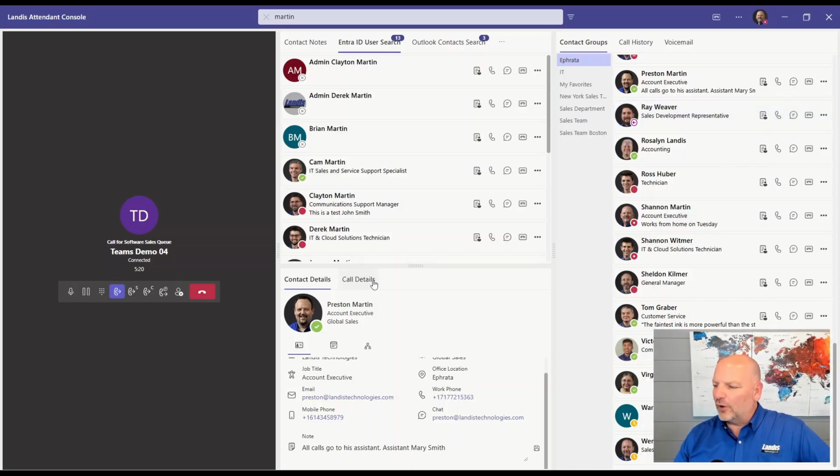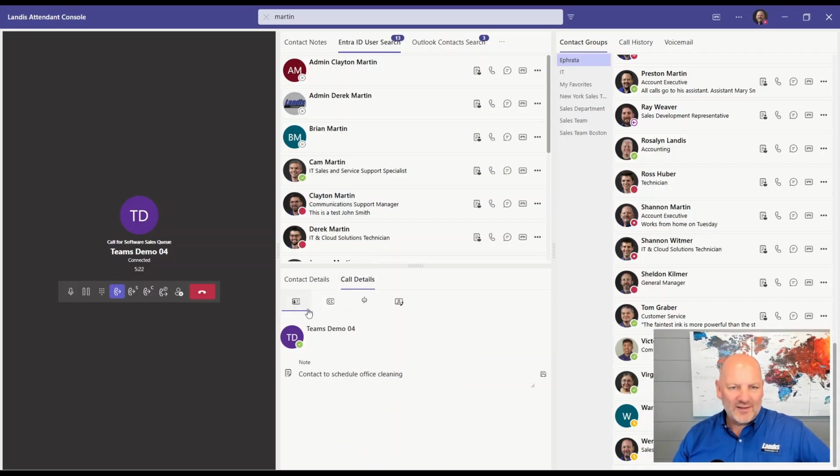This is using our call details tab. So we've had this call details tab now for several updates, and not a lot of people using it. So it's showing the information from the call that I have in here. If I would have any notes on that, now this is pulling the internal note, but if I would have any notes on an outside caller, it would show them here. But let me unmute this call,